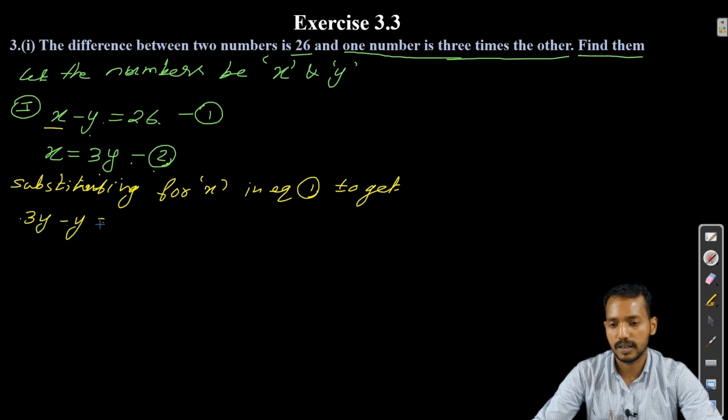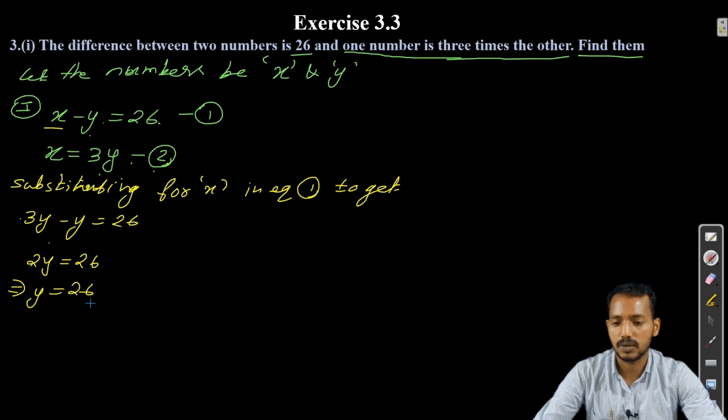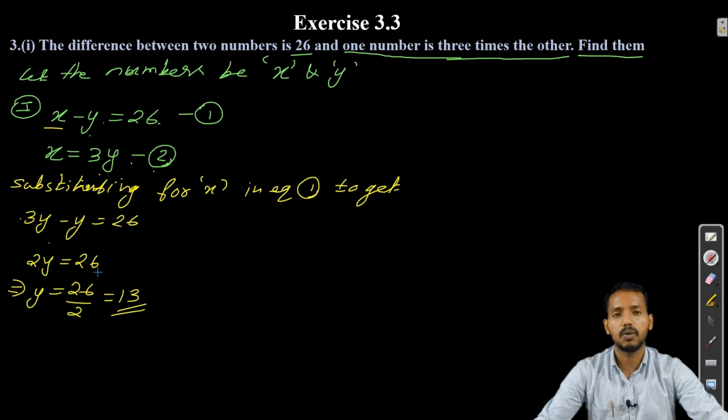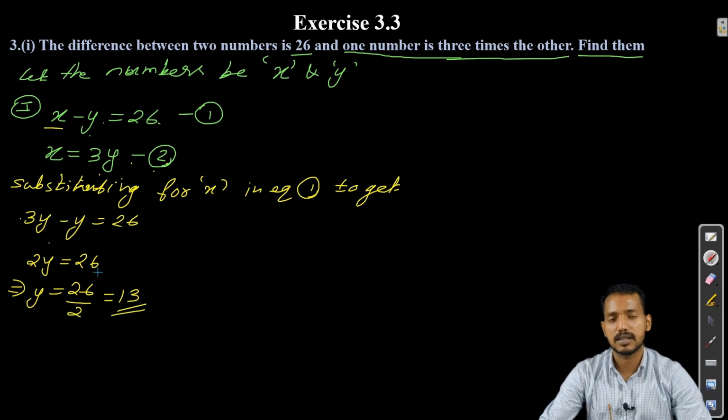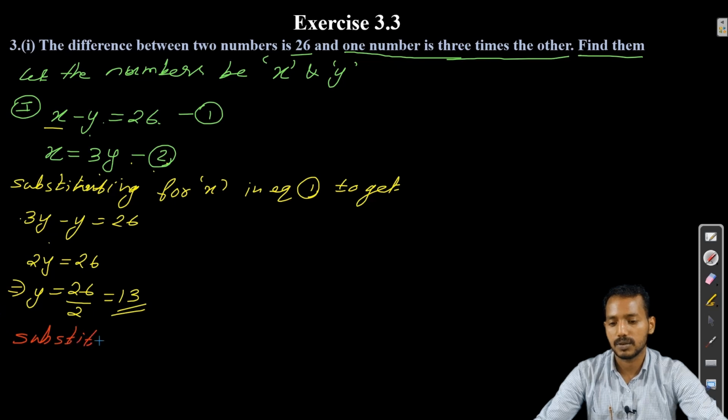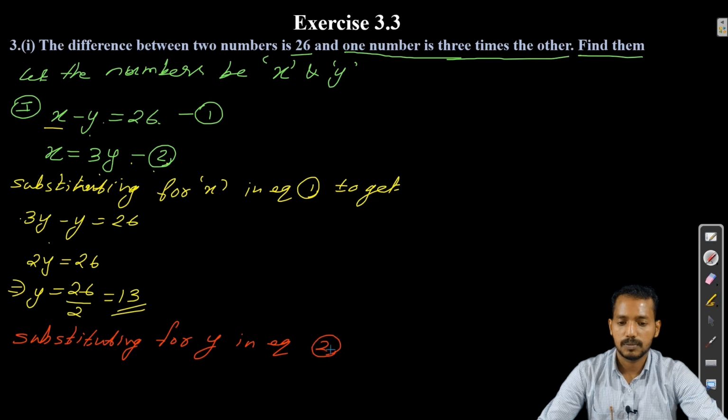In place of x it will be 3y. 3y minus y is equal to 26. 3y minus y is 2y, which is equal to 26. That implies y is equal to 26 divided by 2, which is equal to 13. The value of y we got. And what is step 2? Now substituting for y in equation 2 we get